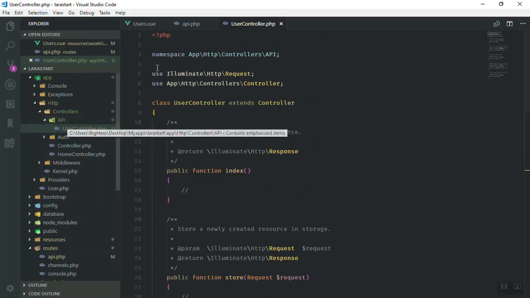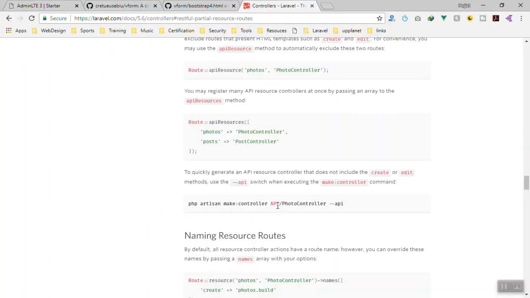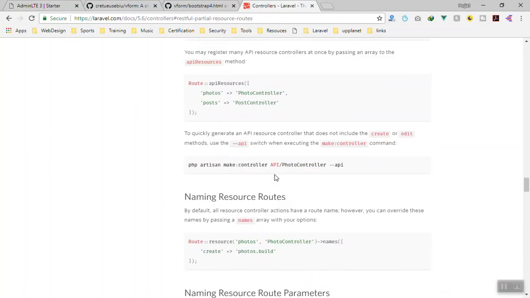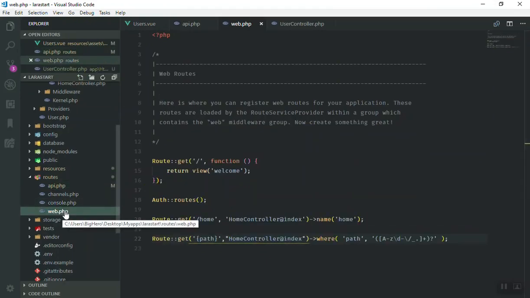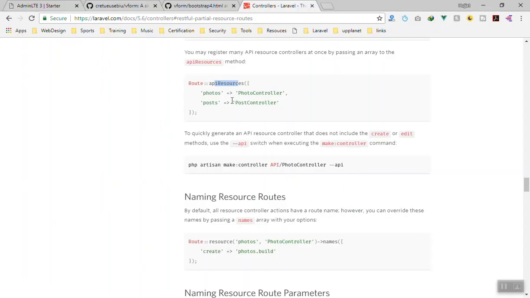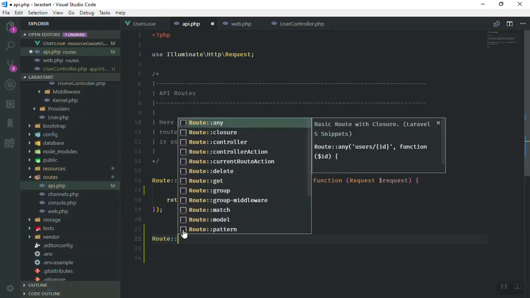Now what you are going to do is, if you are going to reference it here, you can use the route, the resource API. So let's come down and let me show you how the resource one is going to work. Yeah, you can use the route API resource, and then you can give it a name. This is much easier. You used to say, let me open the web. No, we don't have anything here, but we used to use the resource controller. Now you can just put the API resource, and it will create an API resource for you. So I will come here and say, we have route API